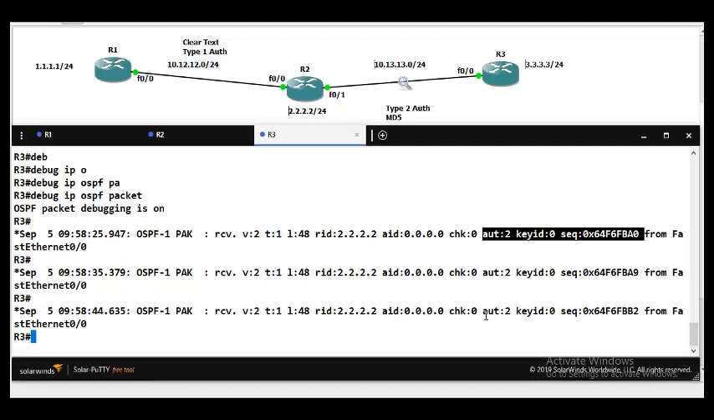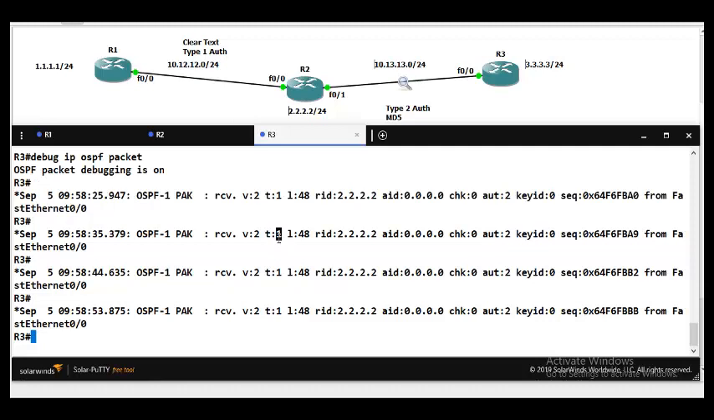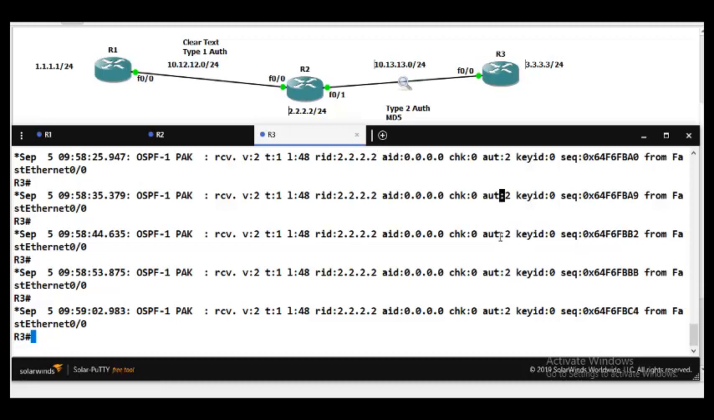But this is a hello packet. Hello packet sequence numbers are not maintained in the database. If it is an update packet, even the update packet will send authentication, isn't it? That sequence number will match. The update sequence number and the database sequence number will match. For the hellos, there is no sequence number maintained in